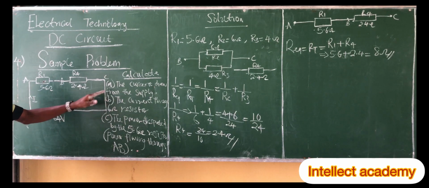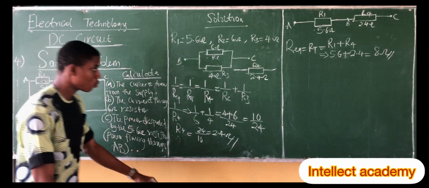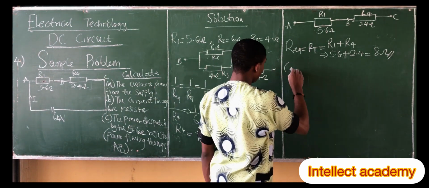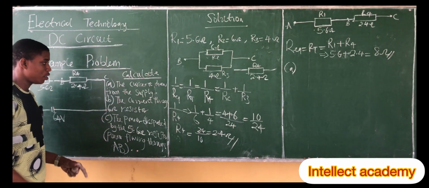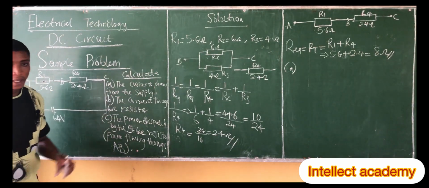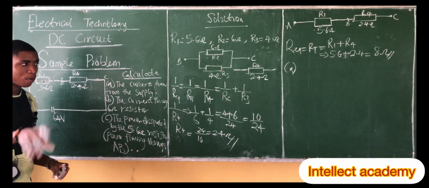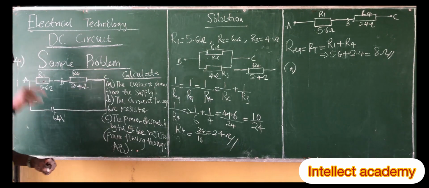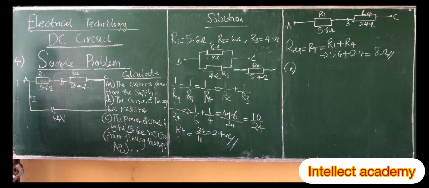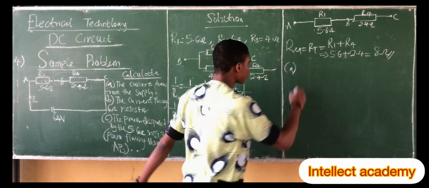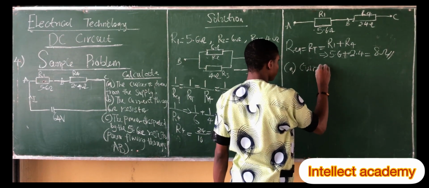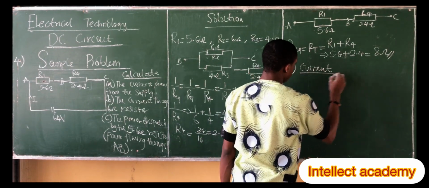So now we can look into the problem, which is question number A. Okay, now we're going to solve this question. The current drawn from the supply is the total current. We're going to use Ohm's law with relation to total voltage, total current, and total resistance, knowing that we have calculated the total resistance. So the total current, which is the current from the source, is equal to, from Ohm's law,